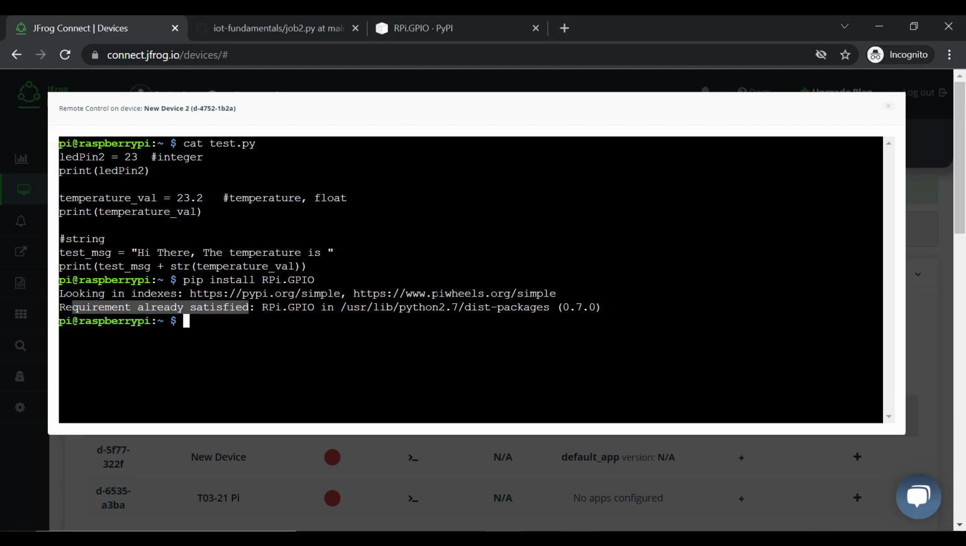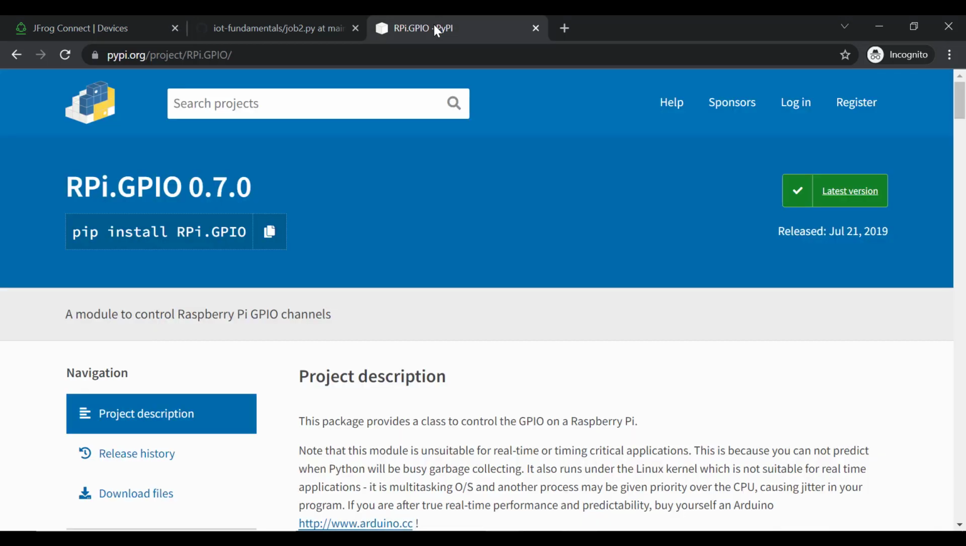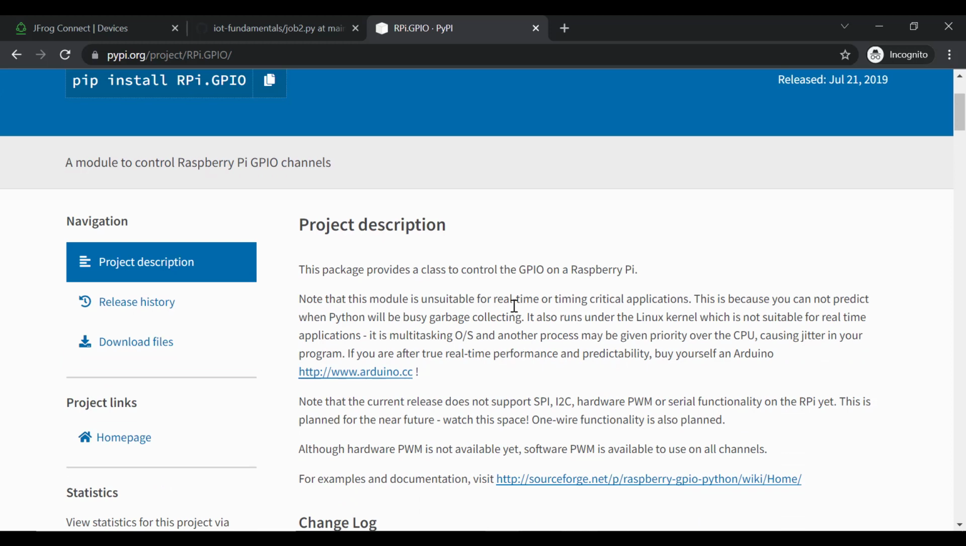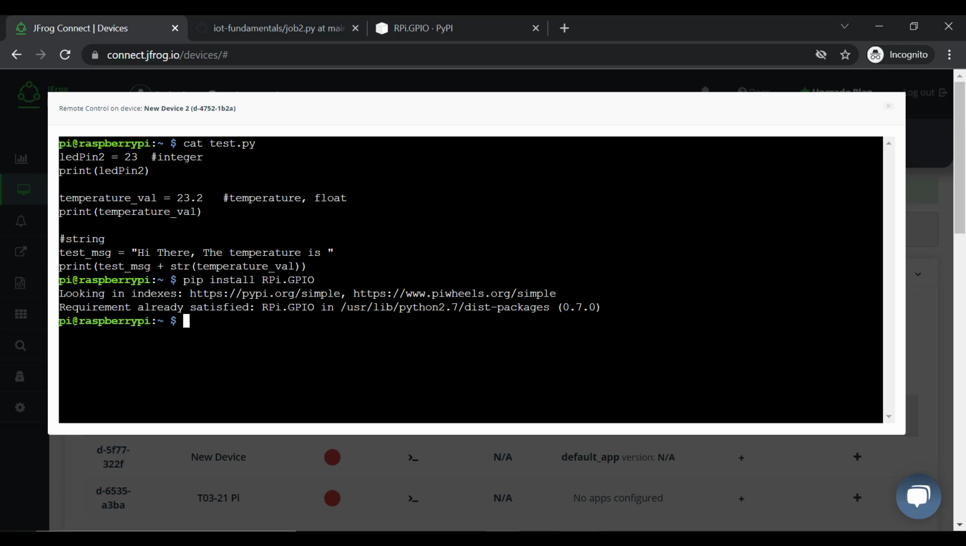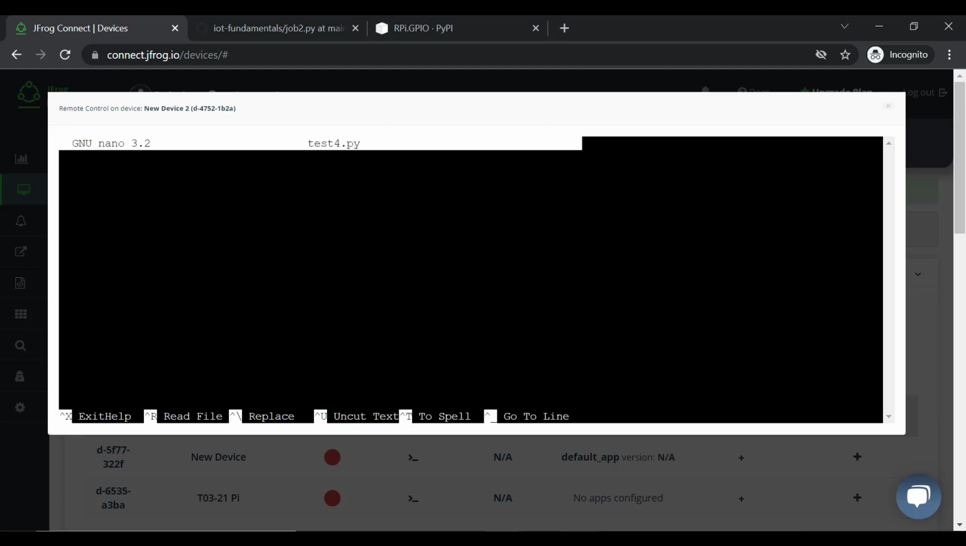That means the package has been installed previously, so I can just use it. So this is how we check whether the package has been installed. Next time when we run the code for Blink, let's create a new Python file, python test4.py, then we type import